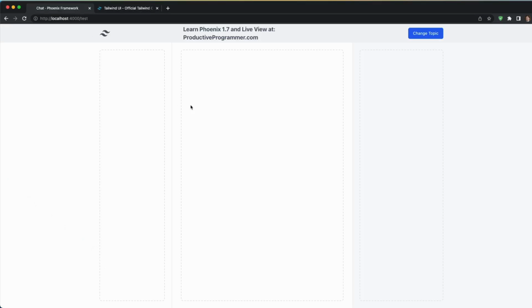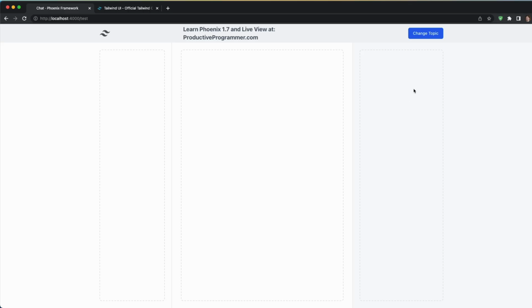Okay, so if you followed the previous step, then you should have a 3-column page where we have everything set up. In the center, the plan is our initial chat room. On the left-hand side, we'll put the users online. On the right-hand side, we'll put some marketing or just anything pertinent to navigation of the site. We probably won't implement anything too crazy beyond that in this chat app